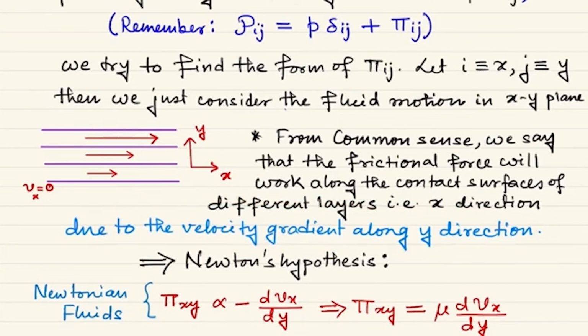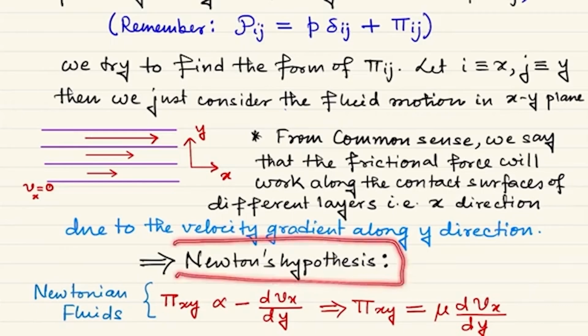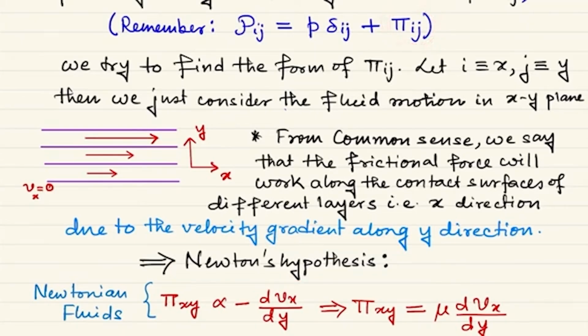If there is no velocity gradient, okay, that means the arrows are all of the same size, then there is no frictional force. Okay, then from that consideration we pose, or actually Newton posed a hypothesis, and that is the tool, the macroscopic tool, to get into this business of finding pi ij, is simply saying that pi xy should be proportional to minus dvx/dy. Okay, so